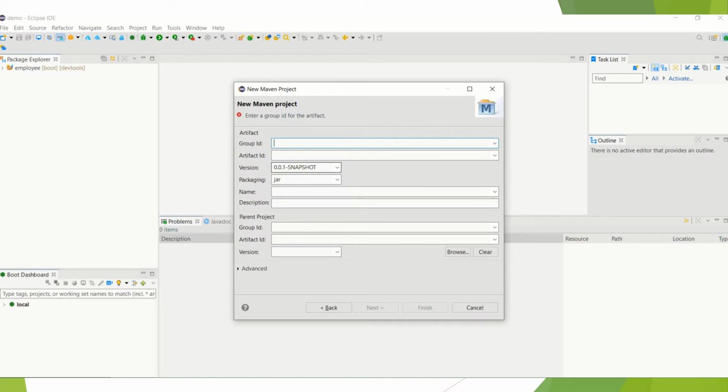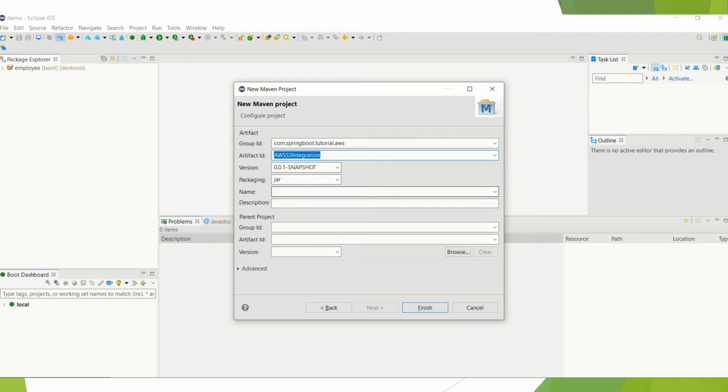So now I have to give the group ID. Let's say I'm giving the group ID com.springboot.tutorial.aws. Now the artifact ID, let's say aws-s3-integration, and this is also the name.